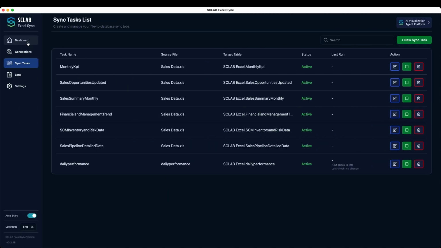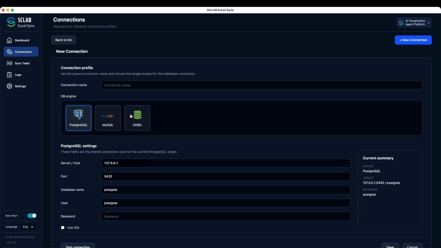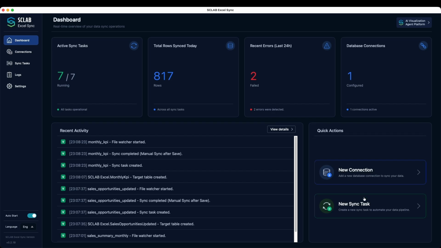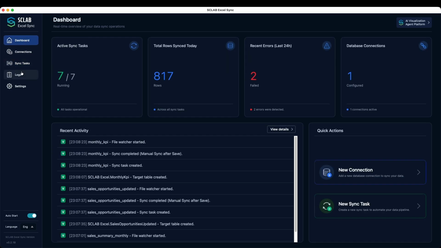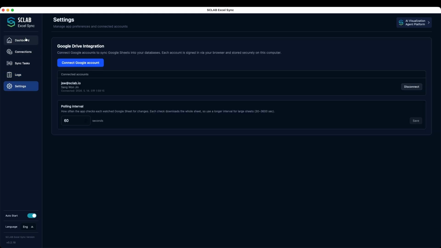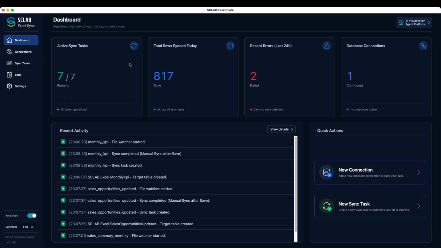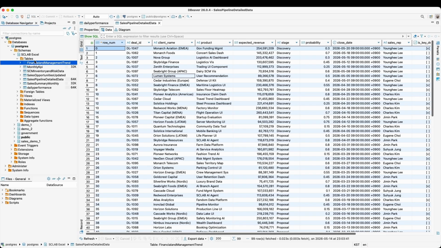In this way, SCLAB Excel Sync allows you to synchronize Excel data with a database and connect it to a visualization screen through SCLAB Data Agent. This approach converts Excel-managed data into database-based data without additional development and enables real-time dashboards and workflow automation in SCLAB. It is especially useful in environments where frequently updated Excel data needs to be visualized,